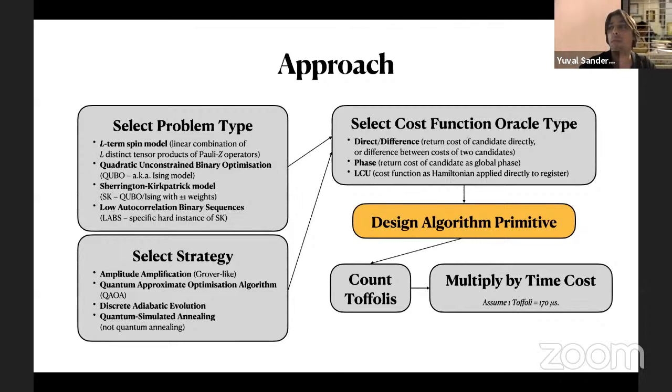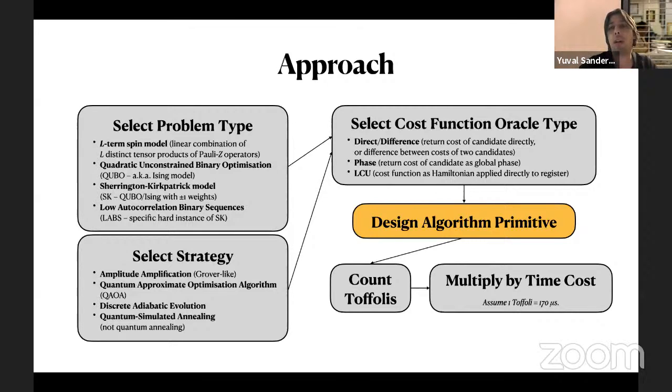So there are, roughly speaking, 3 different ones, slightly more accurately 4 different ones. The most obvious way to implement a cost function is to query the oracle with a candidate solution and then have it write down the cost of that candidate. A variant of this is that you query it with a candidate, and it tells you the difference in cost between that candidate and another candidate with exactly 1 bit flipped, with different oracles for different bits being flipped. So this is the obvious one, and those do come up.